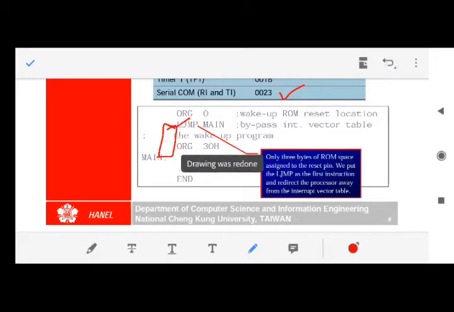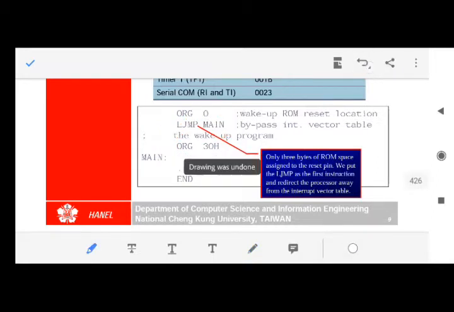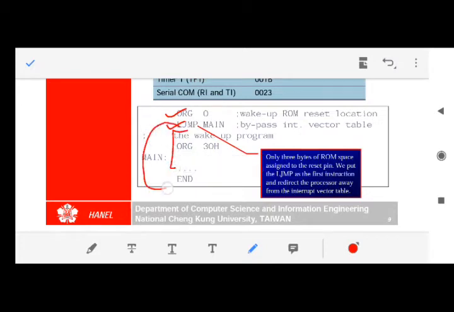What does long jump main mean? It means that whenever you start your 8051, when it starts executing the program, it will execute the first line, then the second line. Then instead of executing the other lines, which are nothing but the interrupt service routines, it will jump to the main program. They should not be executed, they can be executed only when the interrupt occurs. What is that main program? It is just named main, you can write any name. The main program is the program which is loaded or embedded into the 8051, and that should be executed.